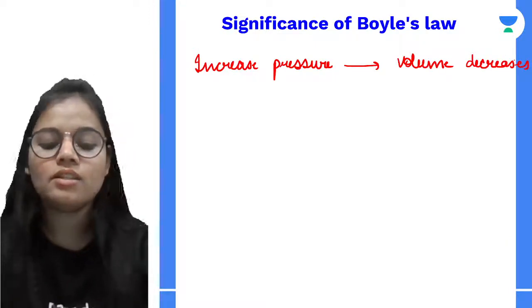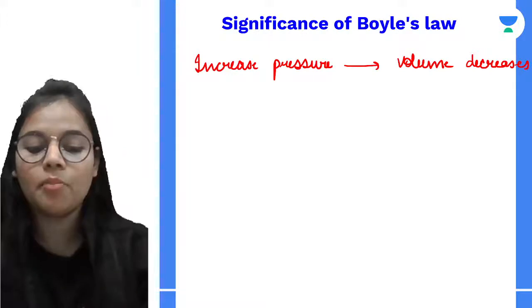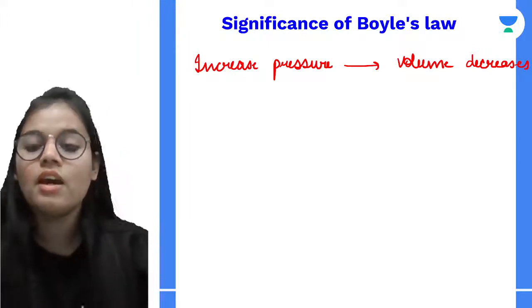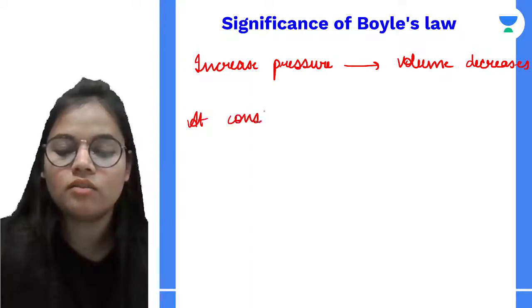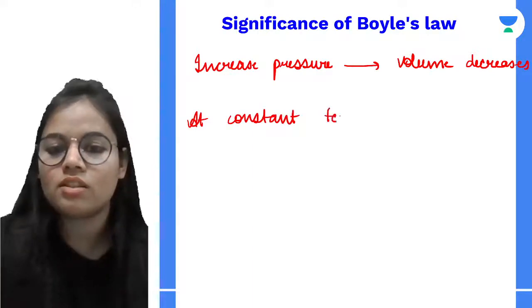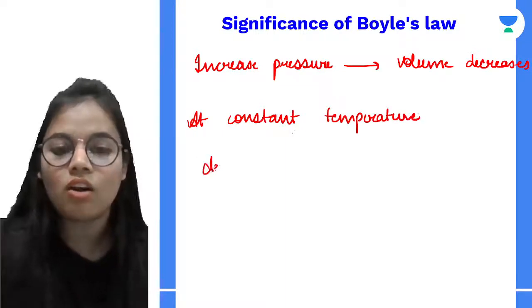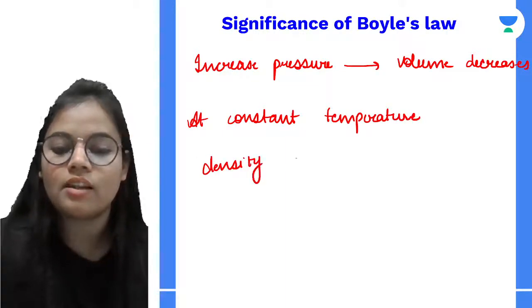That means the gas is becoming dense. Now we can say that at constant temperature, the density of any gas is directly proportional